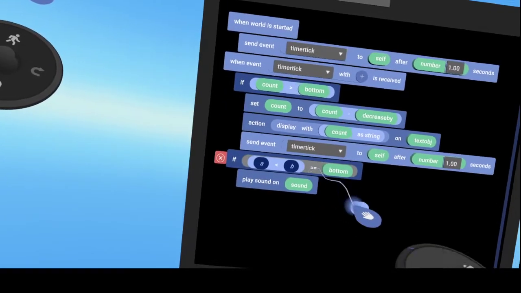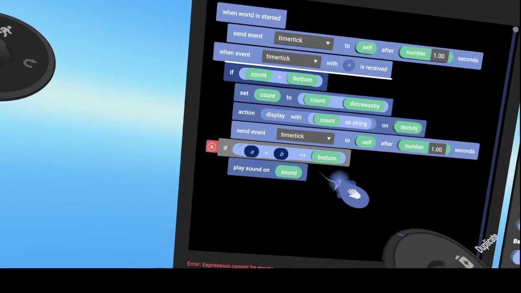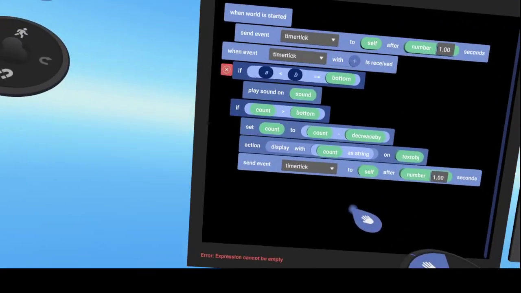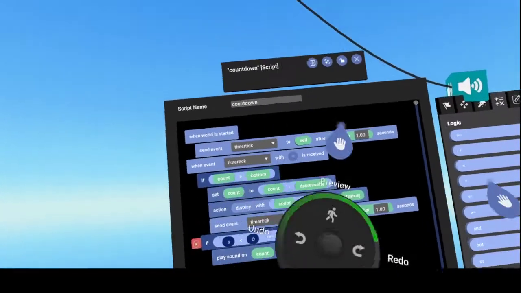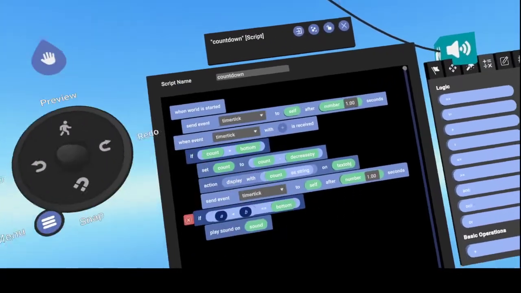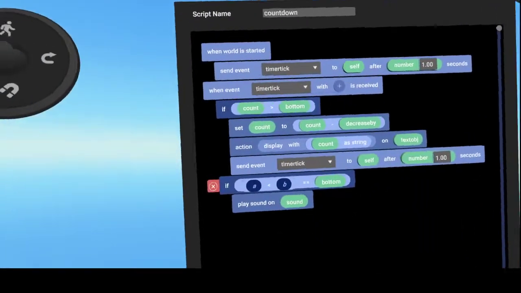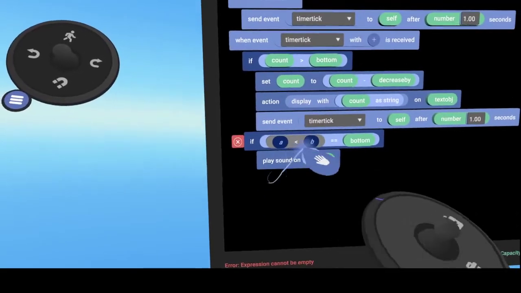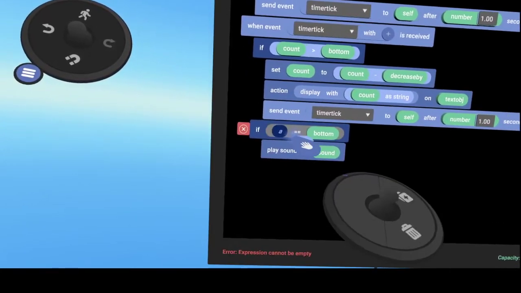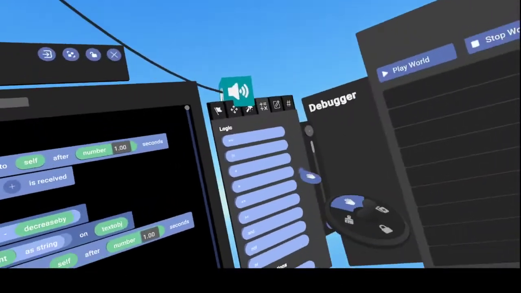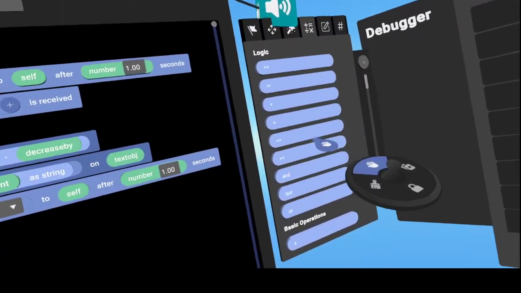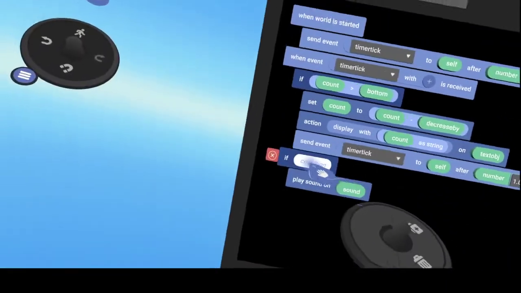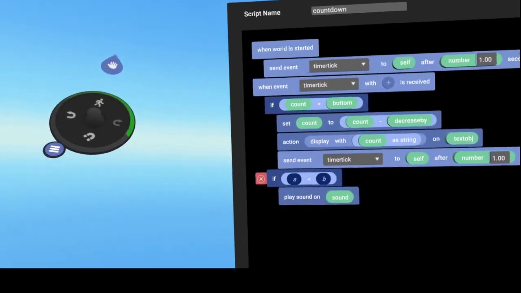Shit, that's not going to work. So the undo operation on the menu is your friend. I just completely rearranged this, so let's get rid of these individually. Okay, so my condition is going to be if count is less than